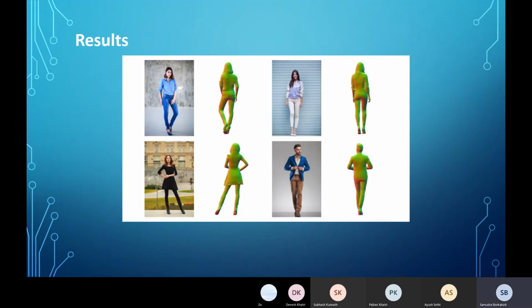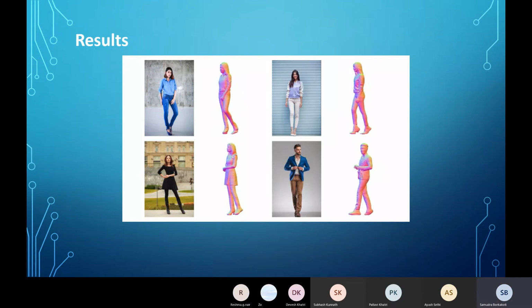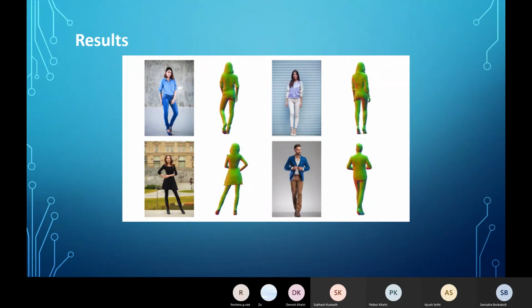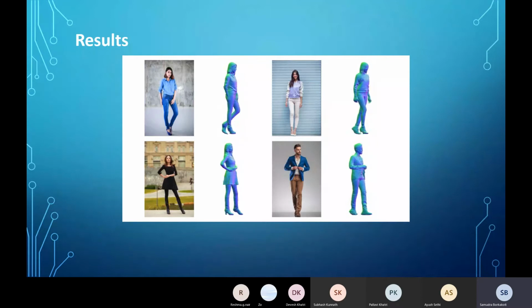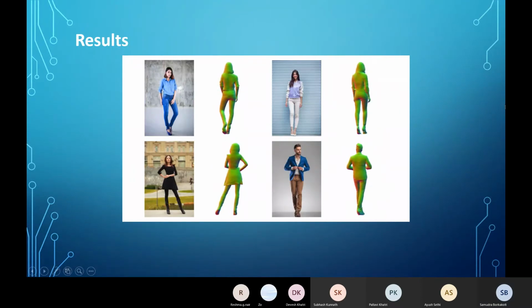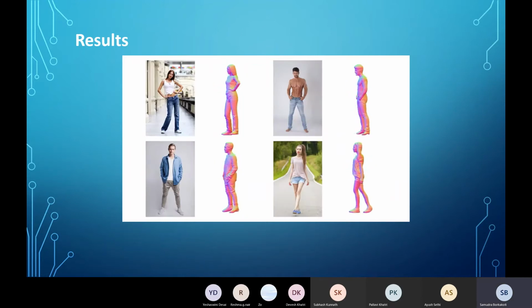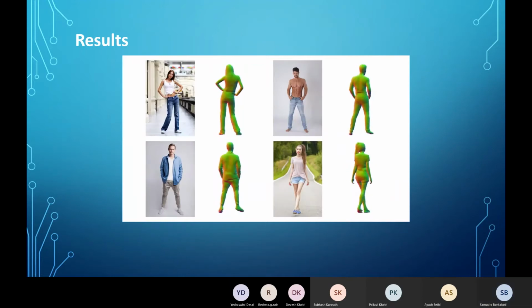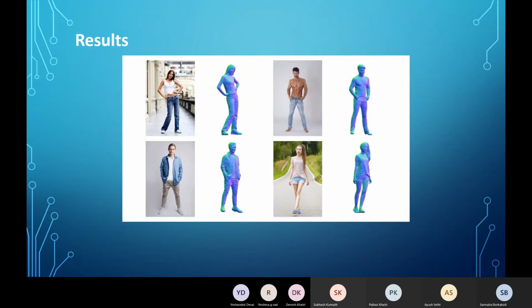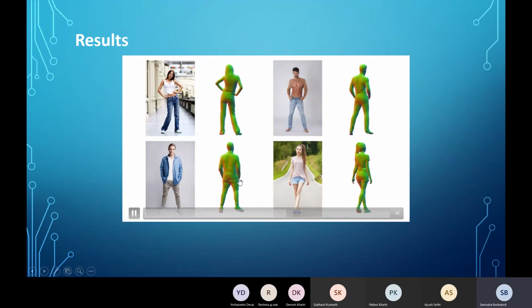So here are some images that were taken from the internet, and then the model was made. These were all still images, and the model was made into a 3D model. So you can see here the coat, you can see the line of how the coat is going along.